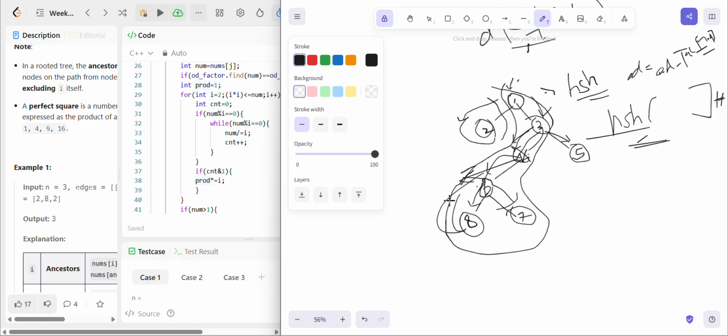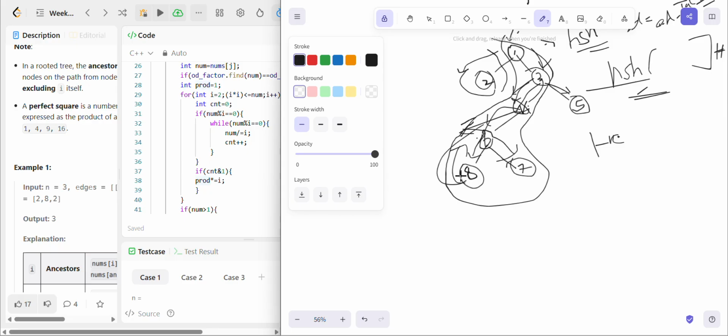And then whenever it will backtrack, we have to reduce the frequency, because what if the odd factor value here is 2, here is also 2, and if it is added again, then it will create a problem. So we are decreasing the frequency whenever we are backtracking. Okay, so we have decreased the frequency, then again it is increased here,